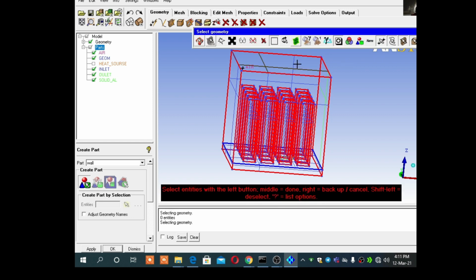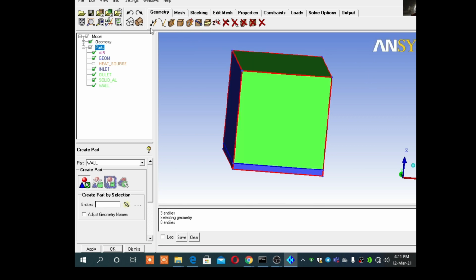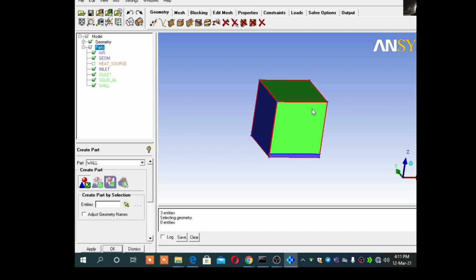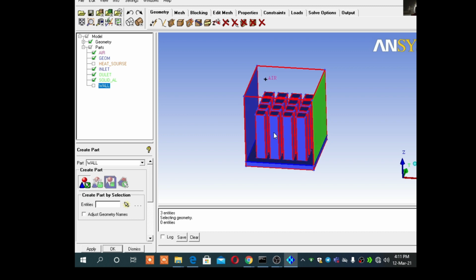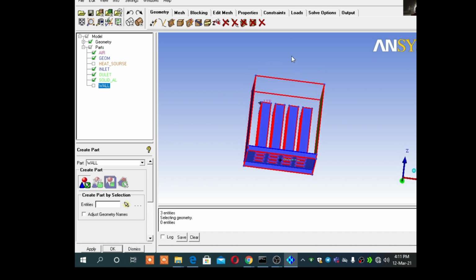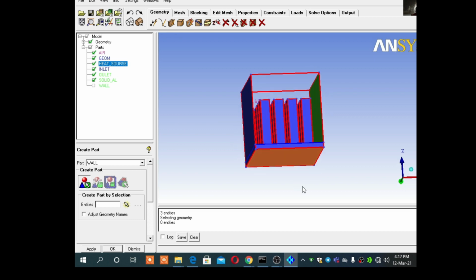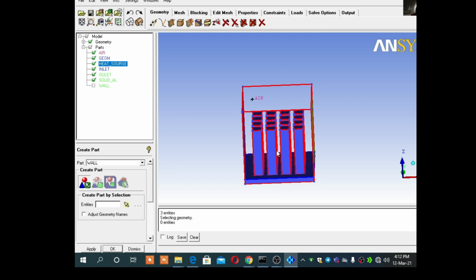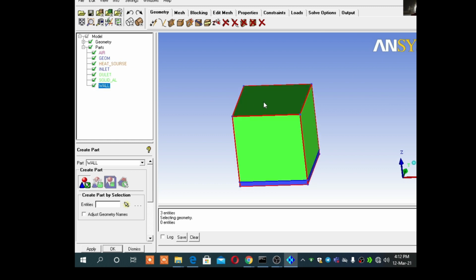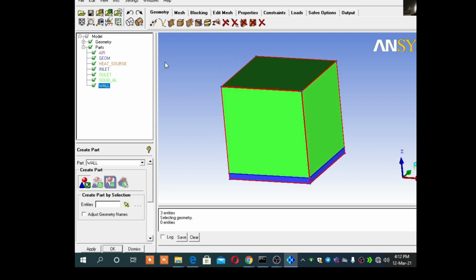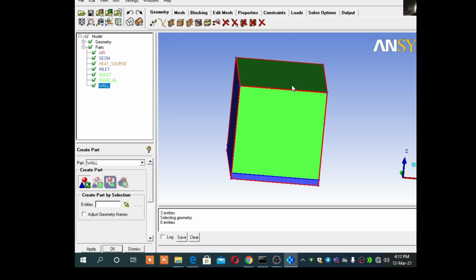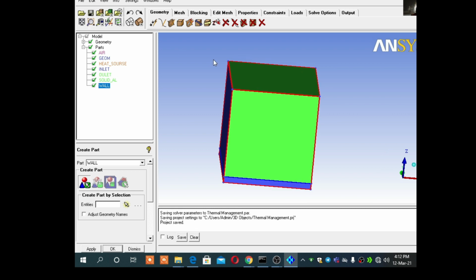It is a top wall, side wall, it is another side wall. Okay, and if I close this box and I can say wall, now you can see inlet and outlet only there. Okay, air is present and solid is also present, and from the bottom side there will be heating. So it is all about how we can model or design a heat sink for analysis. Okay, again I will save.